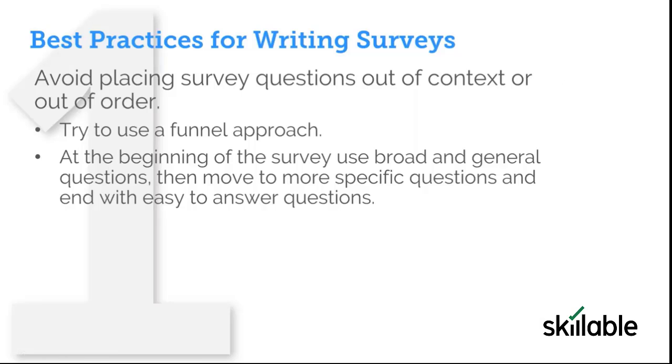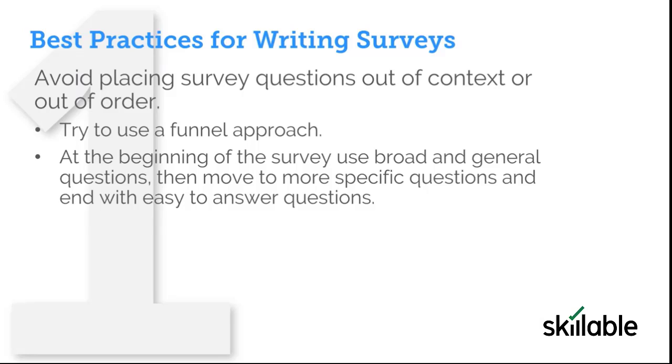So my first tip on best practices for writing surveys is to avoid placing survey questions out of context or out of order. So if I have a section where I'm asking questions about facilities, I don't want to pop in a question about my instructor. You may want to try to use a funnel approach where at the beginning you're using very broad and general questions, move to more specific questions in the middle of the survey, and end with some easier questions so